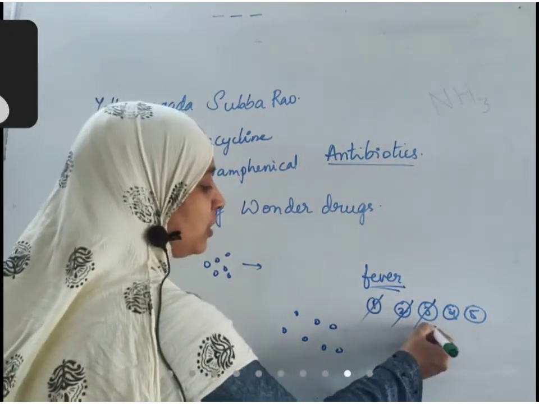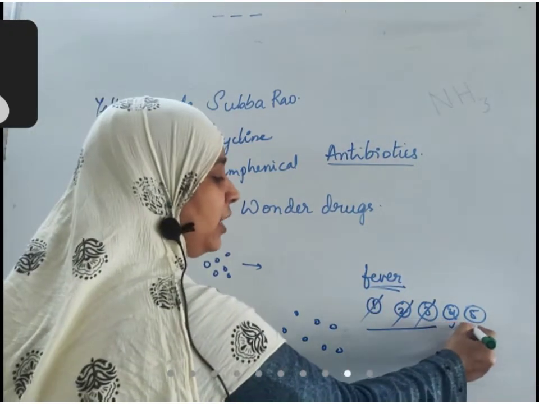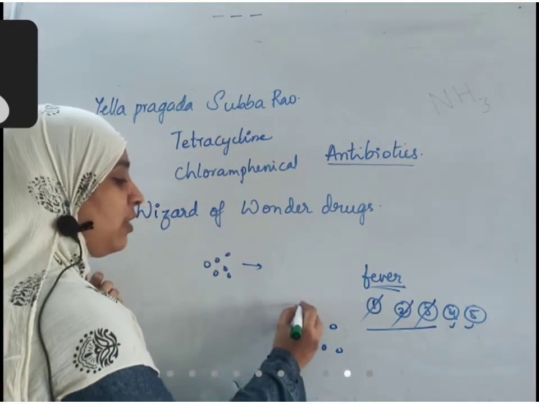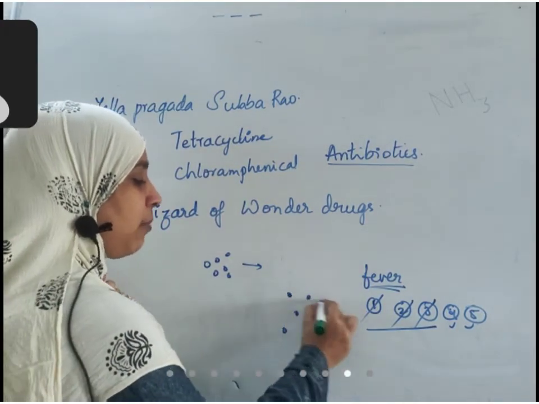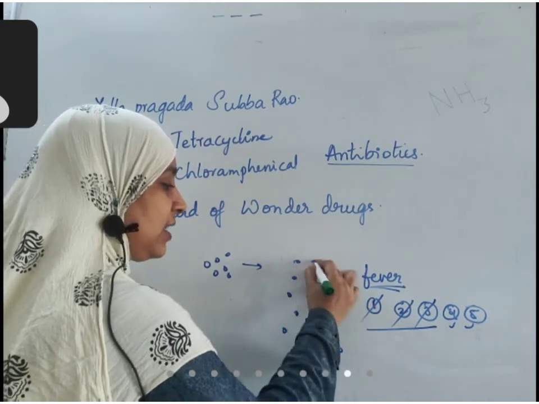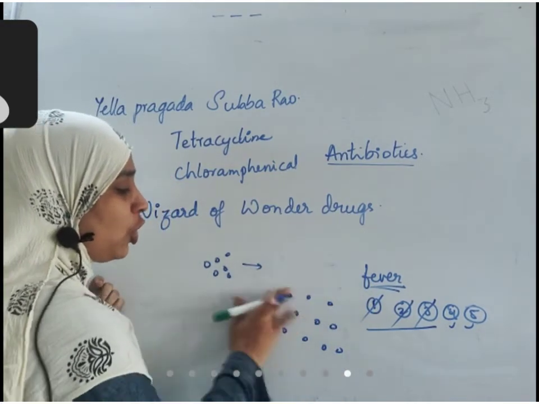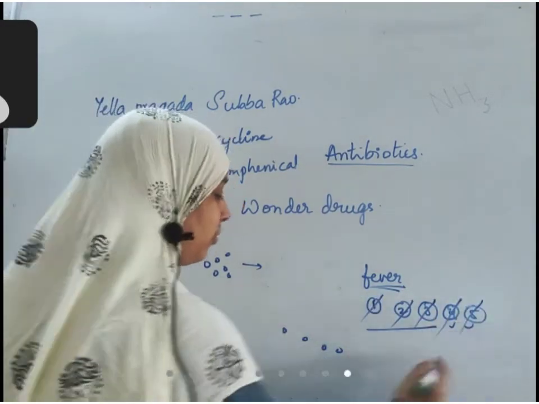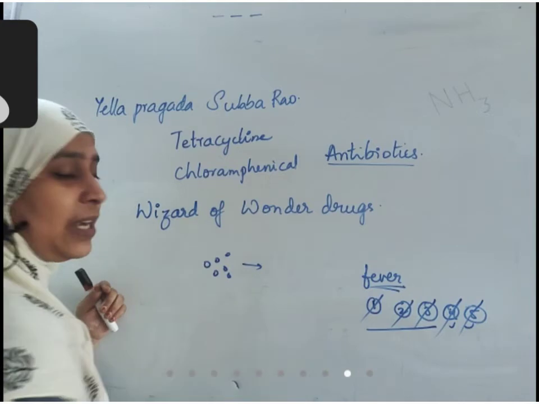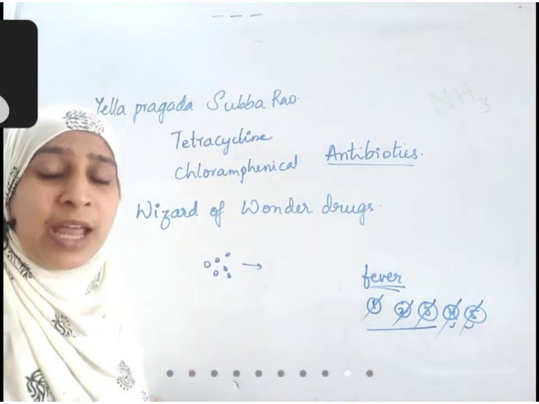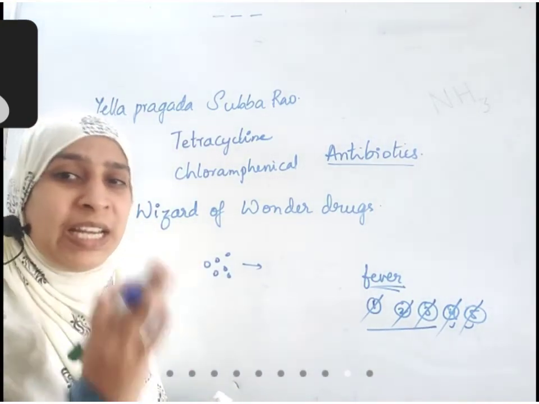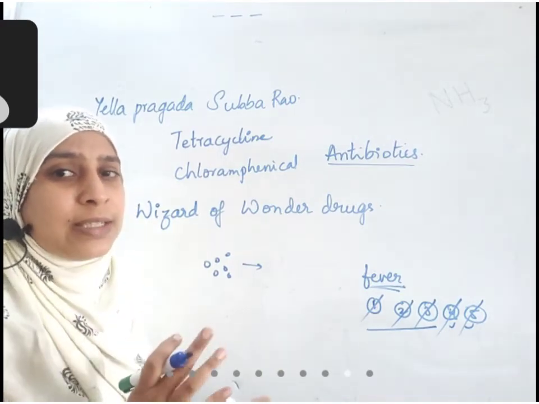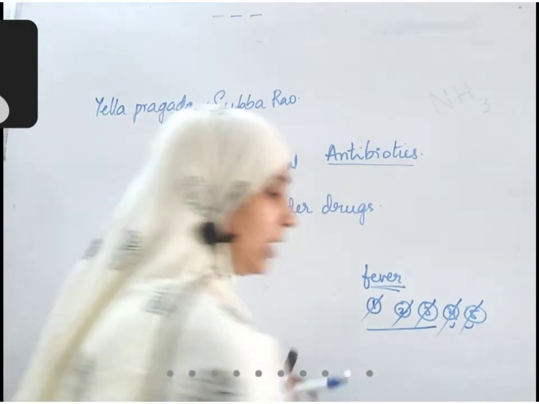If you stop using your antibiotics, you are not completing your dose. This number will not decrease further, and if there is a chance for reversal, reproduction occurs again and the number of bacteria will increase again. So what you should do, you should not stop here. You use your fourth dose also, you complete your fifth dose also. Then only the bacteria are completely eliminated from our body, and then only we don't have any chance for disease. Right? This should be very clear for you.